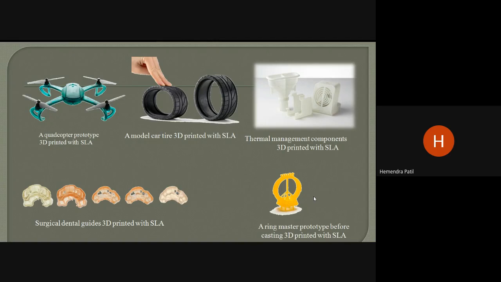The next resin is durable resin, which is a wear resistant and flexible material with mechanical properties similar to polypropylene. It has very high wear resistance, flexibility and high impact resistance. It is not suitable for parts with thin walls, and it has a low heat deflection temperature. So this comes under the category of durable resins.